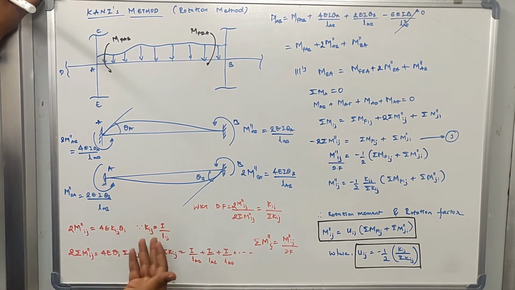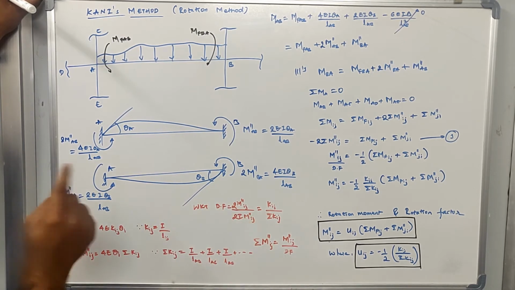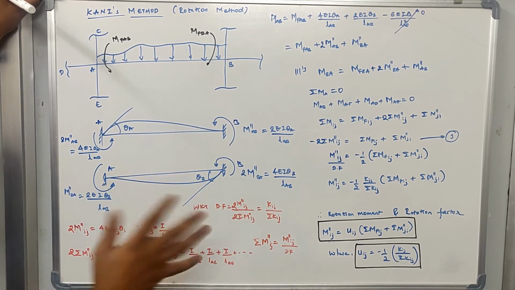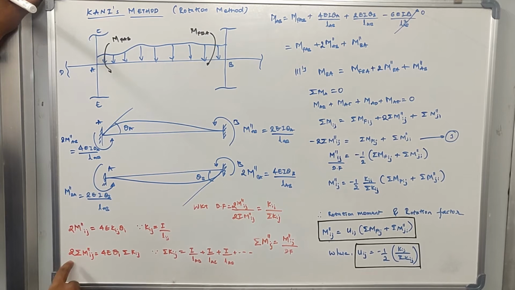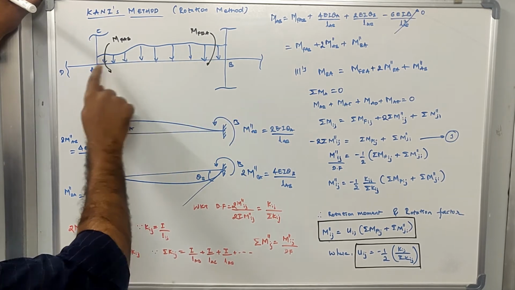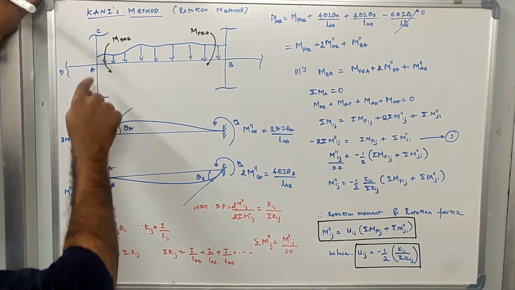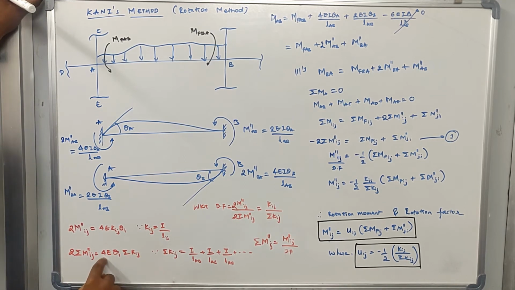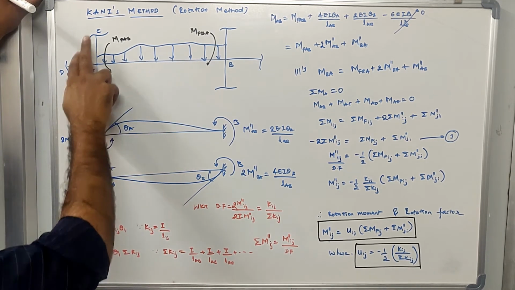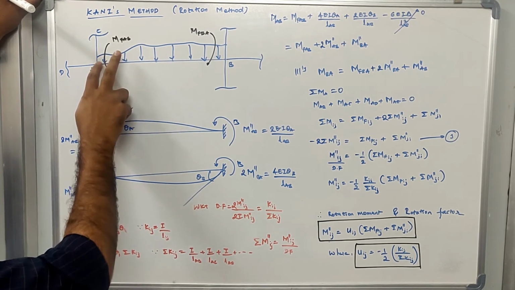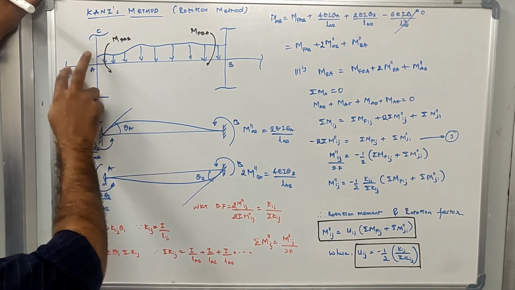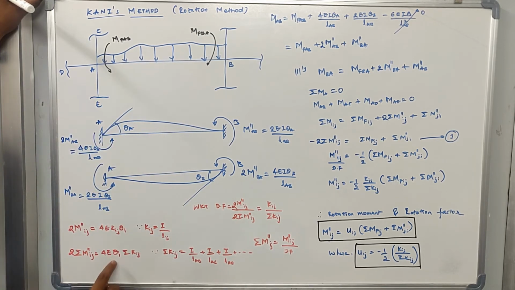So ij can be changed with respect to the near end and the far end. I is representing the near end and j is representing the far end. Okay, so we know this. Now let us go to 2 times summation of m double dash ij. What is summation of m double dash ij representing here? It is representing the summation of m double dash ab, m double dash ac, m double dash ad and m double dash ae. That will be equal to 4E, and theta a will be common between all the equations. If I write the equation for m double dash ab, m double dash ac, m double dash ad and m double dash ae, you will find that 4 EI theta will be common. So that's why we brought it common.